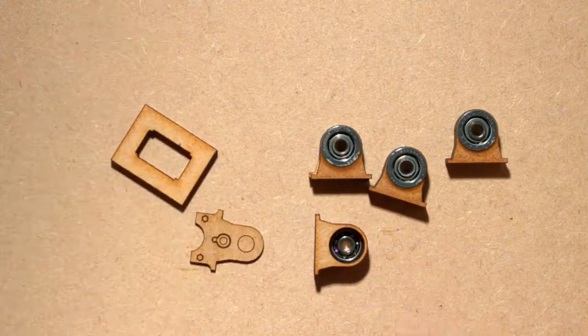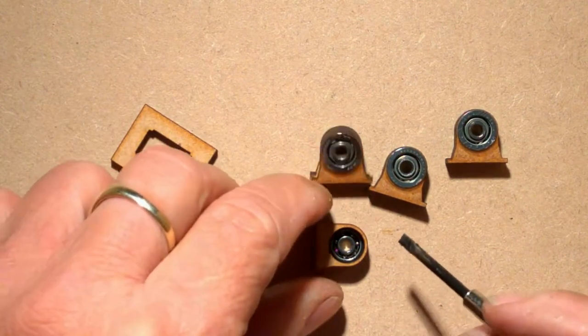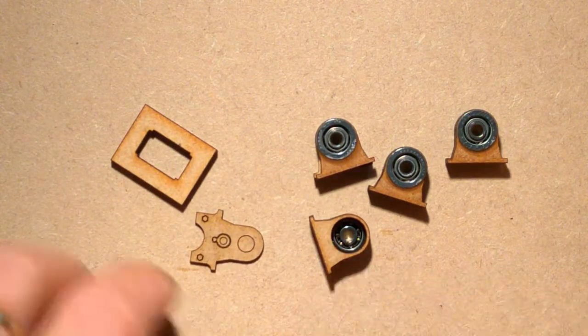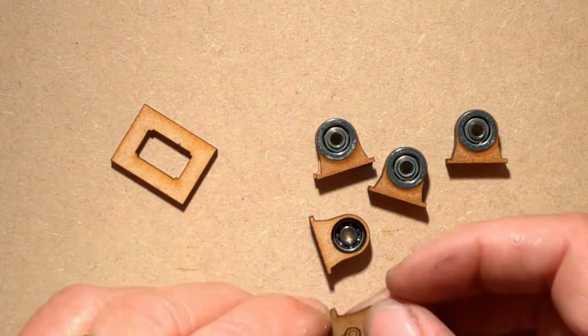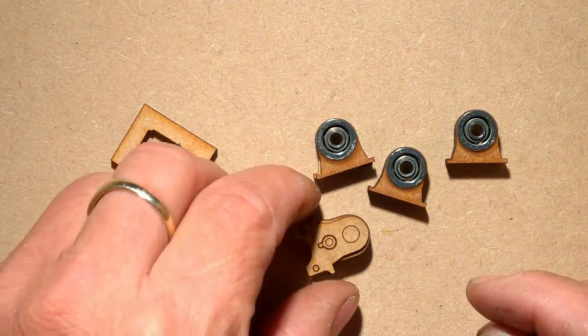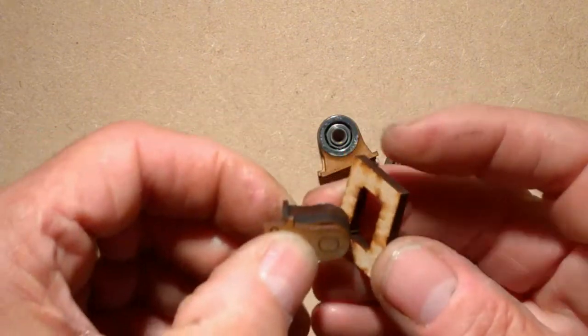I'll do a dummy run to show you how it goes. What we're going to do is apply some white PVA wood glue just along that edge there, and then we drop him onto the wood glue like that. And then we take the whole assembly and we feed it into the jig